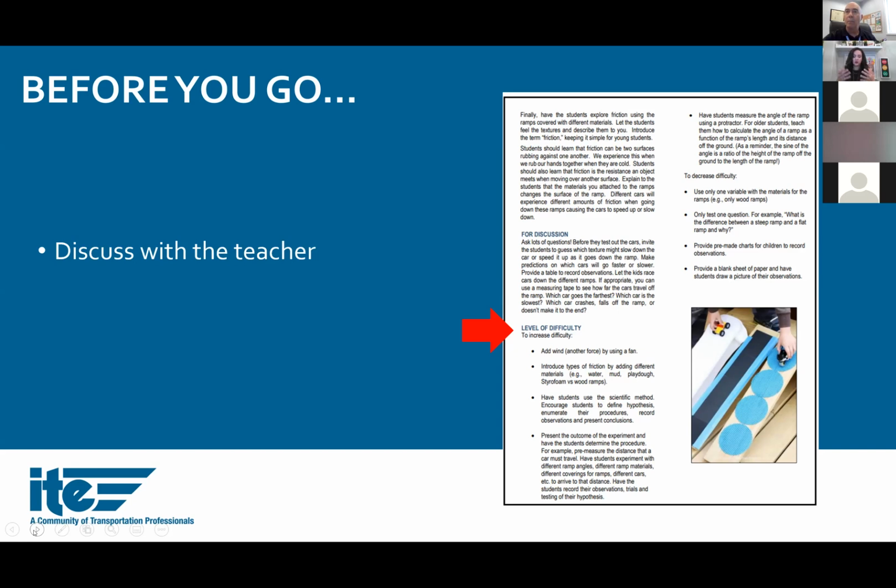Because you would have talked to the teacher or whomever the group leader is, to tell you where those students are within their learning. So can they handle things like making their own tables, or would you have to create a table for their observations before? We also, and this is where I really want people to focus,